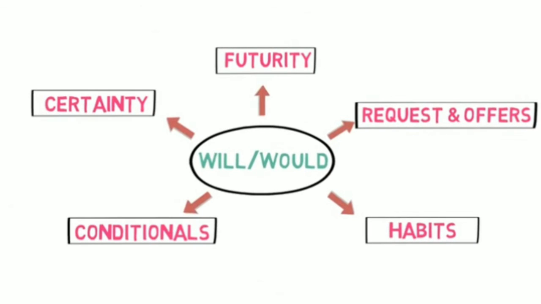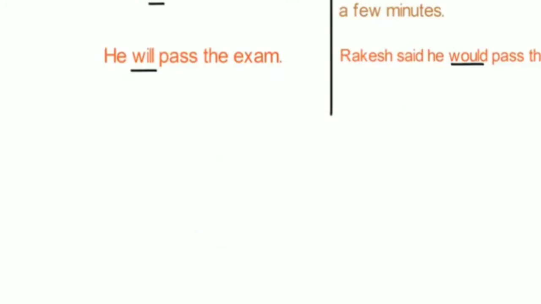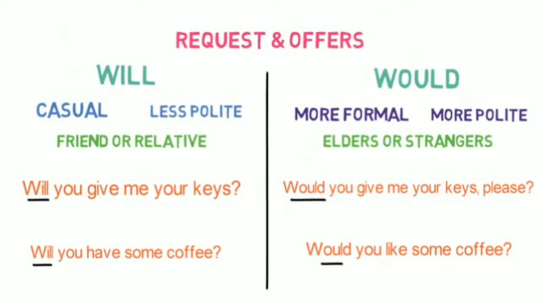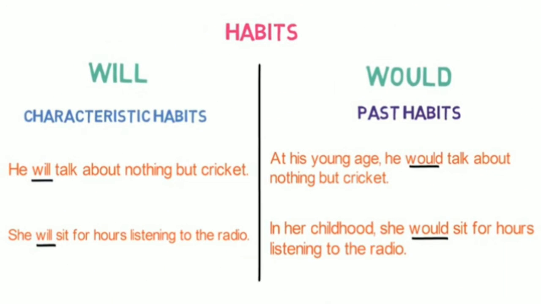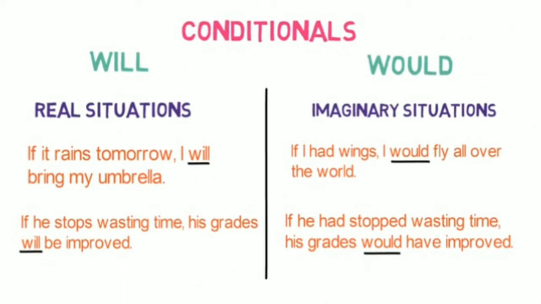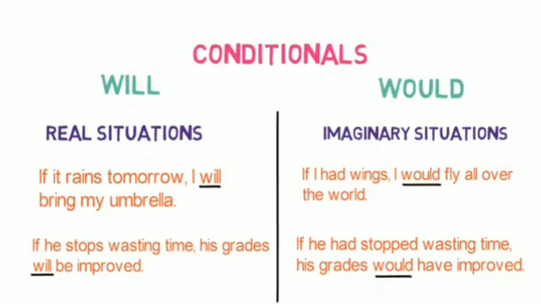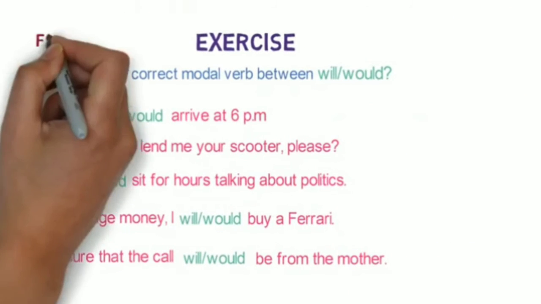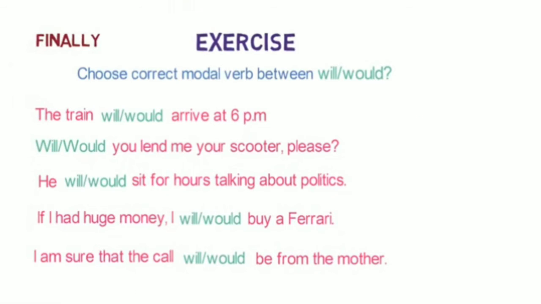Then we learned the 5 ways in which will and would are used, along with the similarities and differences with some examples. The ways are: number 1, futurity; number 2, requests and offers; number 3, habits; number 4, conditionals; and number 5, certainty. Finally, I gave you an exercise to practice, whose answers you will be giving me in the